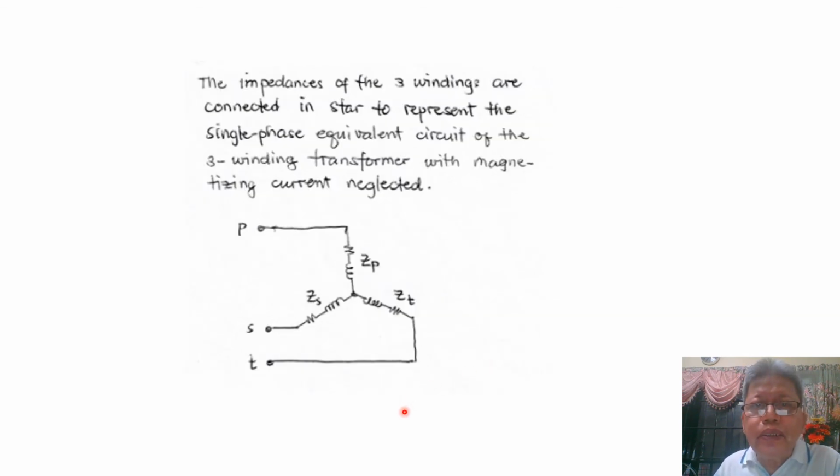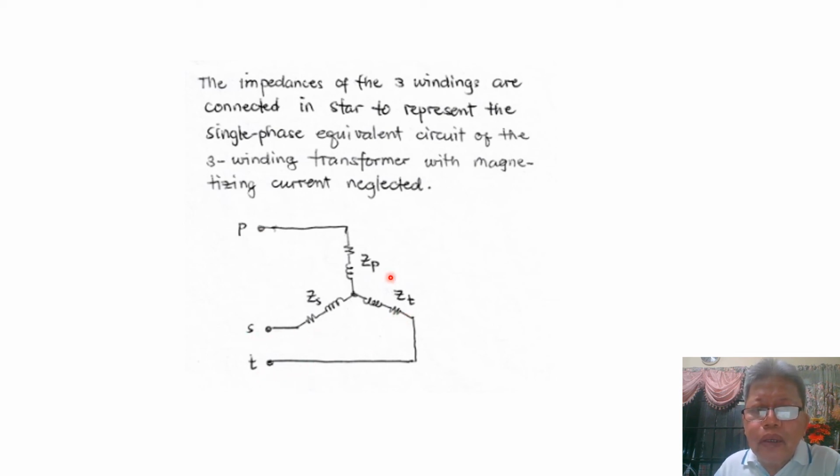Now, the impedances of the windings are connected in star, to represent the single phase equivalent circuit of the 3-winding transformer with magnetizing current neglected. So this is now our equivalent circuit for our 3-winding 3-phase transformers, where we have a primary terminal P, secondary terminal S, and tertiary terminal T